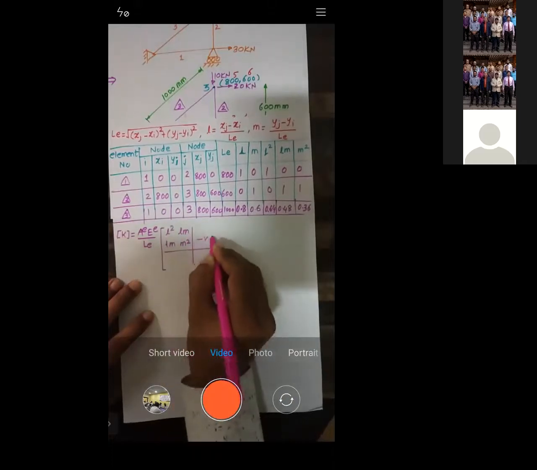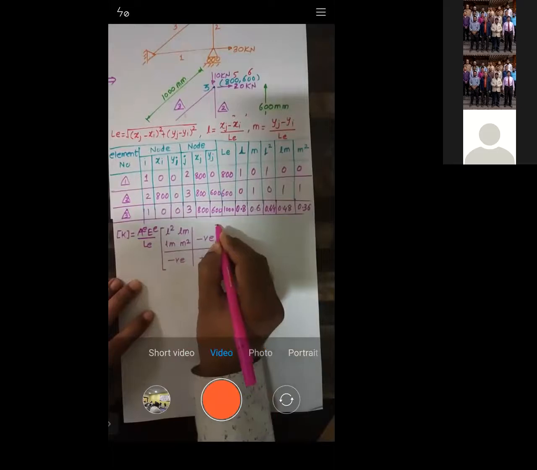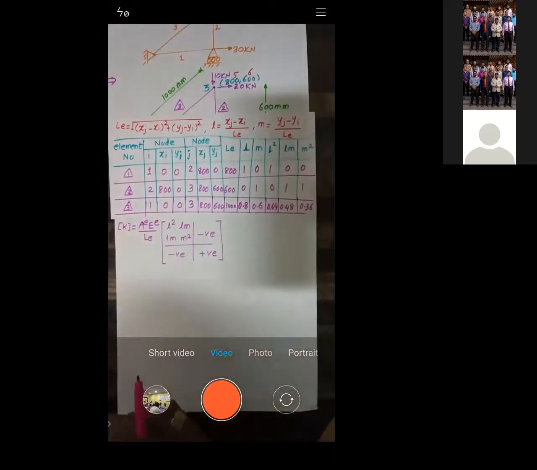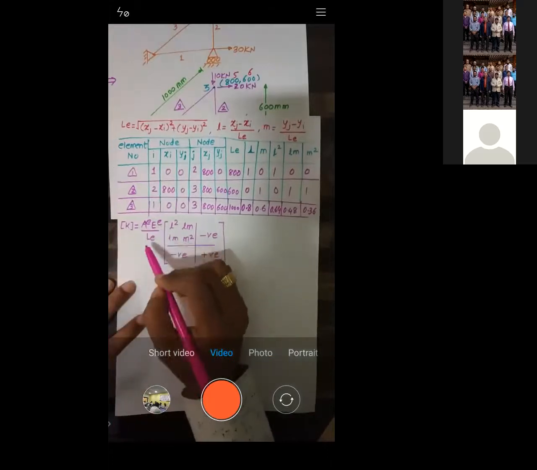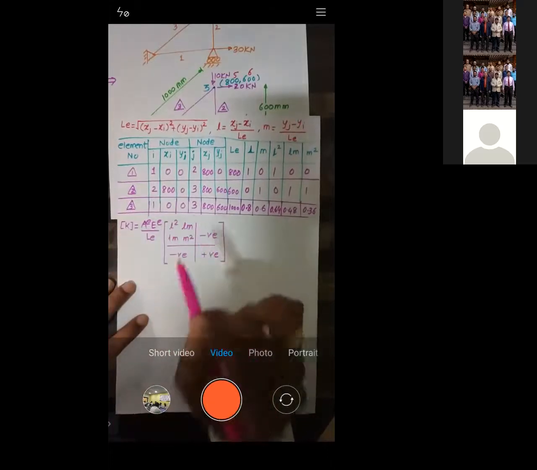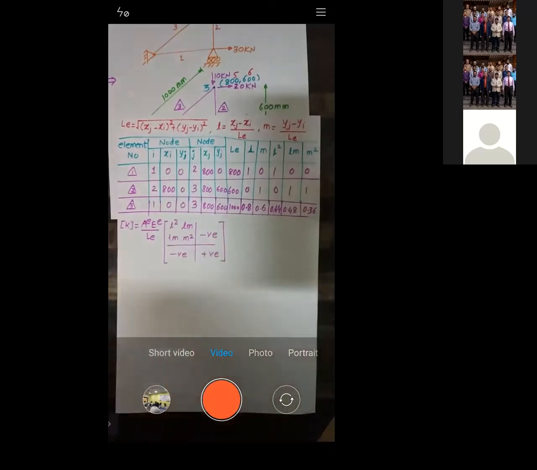Yes. So, in order to see the purpose of drawing this table, we need to write down the element stiffness matrices, right? What is the formula for the element stiffness matrix? AE by L, times L square, LM, LM, M square. The same term you have here with the negative sign, and again the same term here. These two terms are the same, and again these two terms are the same. You can remember it in this manner.